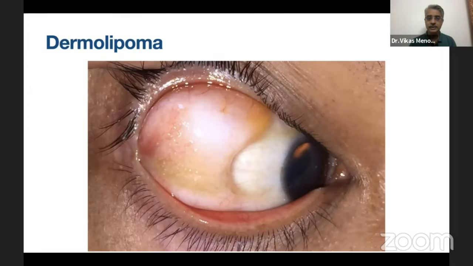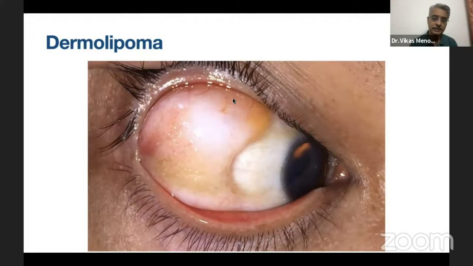Now, dermolipoma is again something which is present since childhood, and parents usually bring the child because of cosmetic reasons, or they feel that there is a fleshy mass. It usually appears as a yellowish mass mostly in the lateral fornix, and on closer examination you may sometimes see fine hair follicles or fine whitish hair growing on the surface of the lesion. The color is yellowish, and in areas there may be a whitish hue. They may be very small, hidden in the fornix, where they don't cause any cosmetic problem.